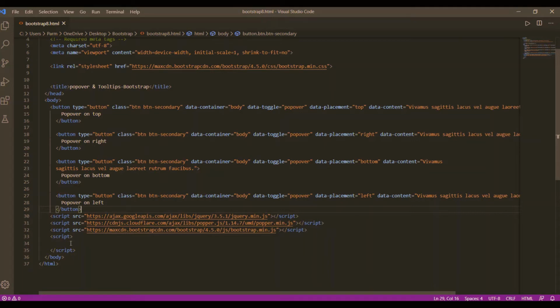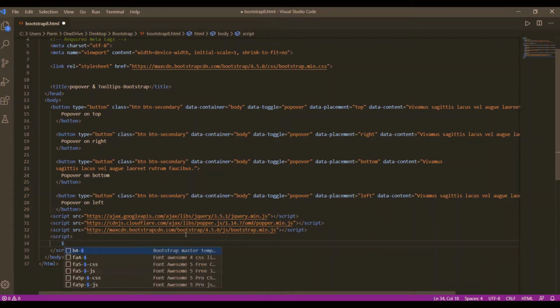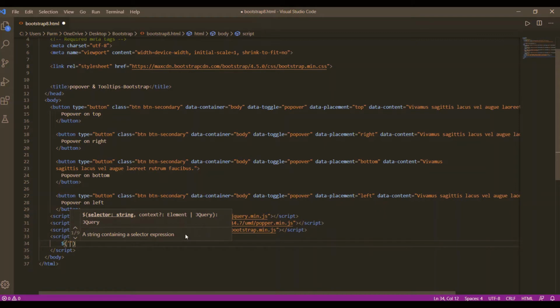So what we have to do is write the selector string, then parenthesis, and within the parenthesis we use single quotes, and within the single quotes we use big brackets, and here we give this value.